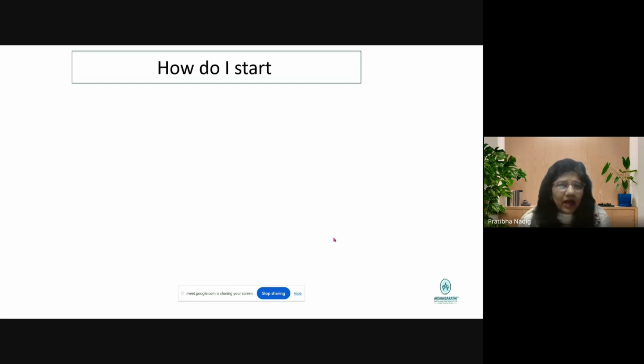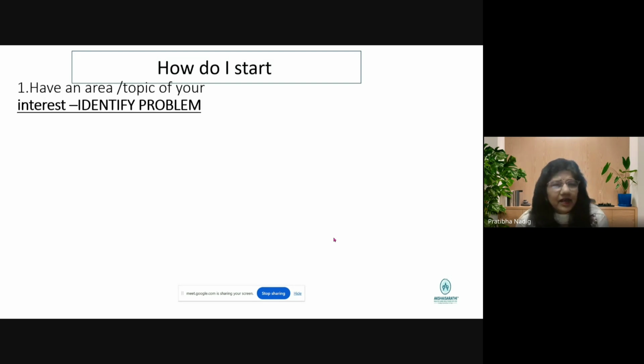Let's get into how I implement, in my given settings, how I develop the research idea. So the first thing, my suggestion from my experience, this is entirely my original thing with my students, I should say, in the journey of ICMR projects and other student projects. So you have an area or topic of your interest and then identify the problem. This is one of the ideal ways to start to get into research. I'm giving you the highest ideal way, but there are other ways also.